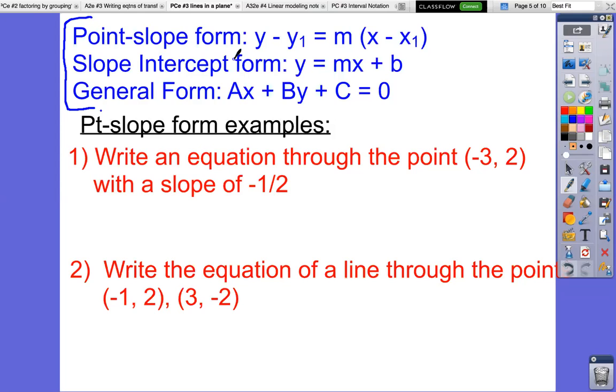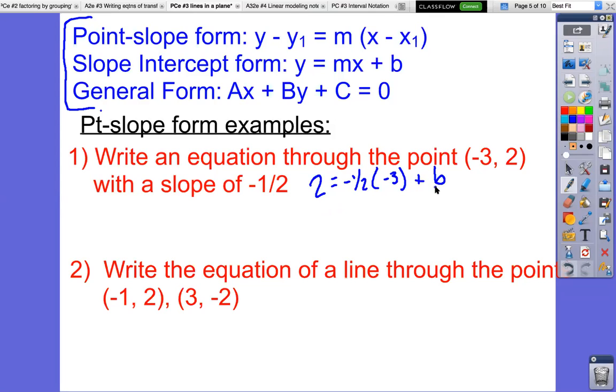Okay. That should be plenty of time. Again, I apologize for all the connection issues. So write an equation through the point with the slope. I don't care if you write it in slope-intercept form, point-slope form, whichever way you do this. It's all plug and chug either way. So let's go ahead and do it in slope-intercept form again. So y equals m x